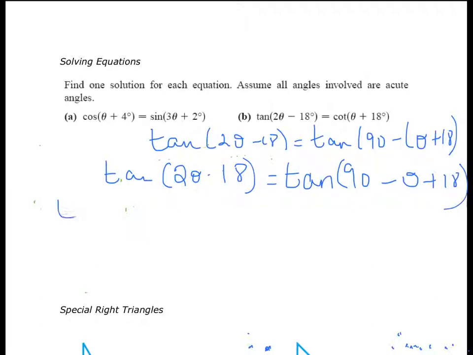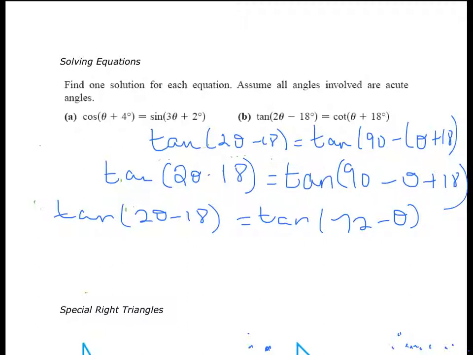So now you get tangent of 2 theta minus 18 equals tangent of 72 minus theta. So I'm going to drop the tangent, so now I have 2 theta minus 18 equals 72